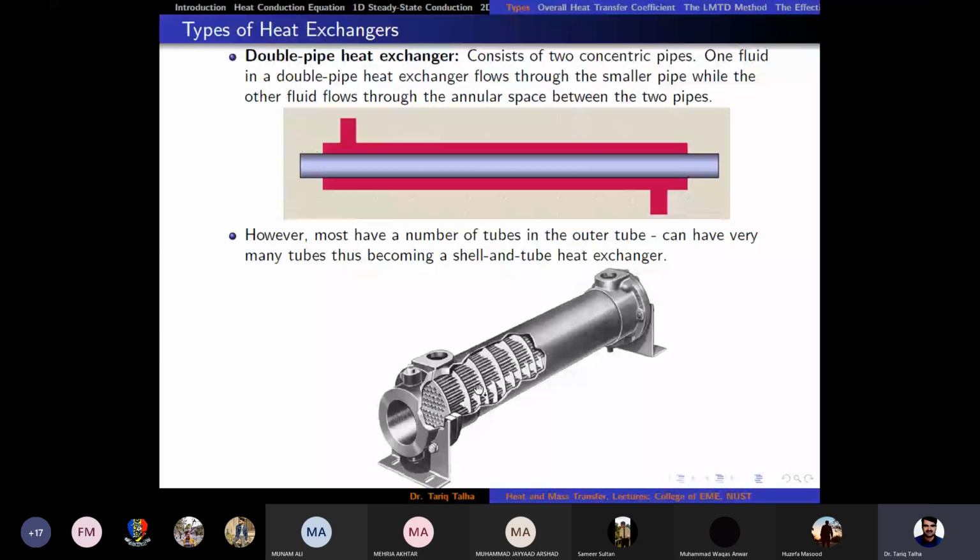One fluid passes through these small tubes, and the other fluid comes in the bigger cylinder, which we also call the shell. You can also see some circular structures here, which we call baffles. Baffles have two functions. One is to support these smaller tubes, and the second